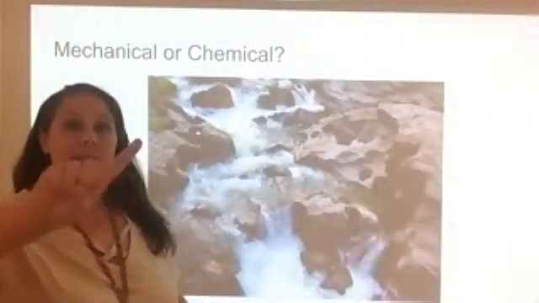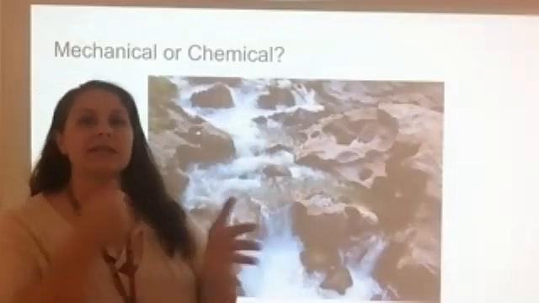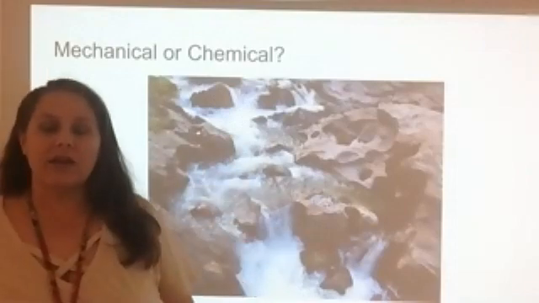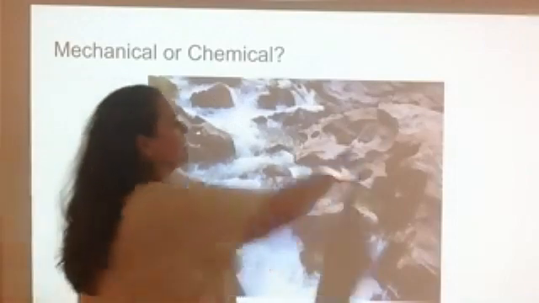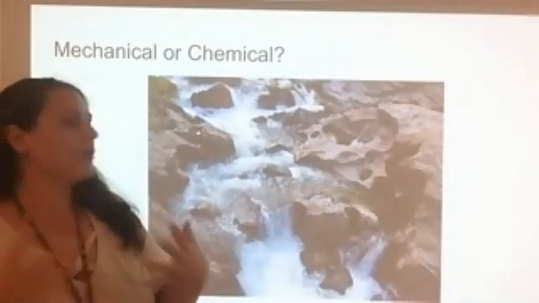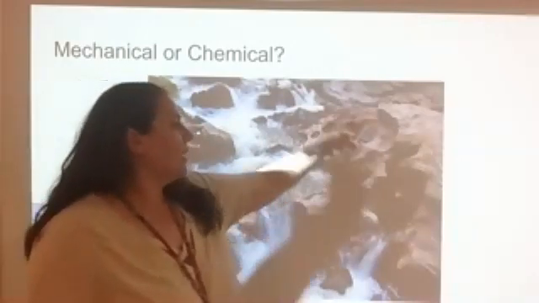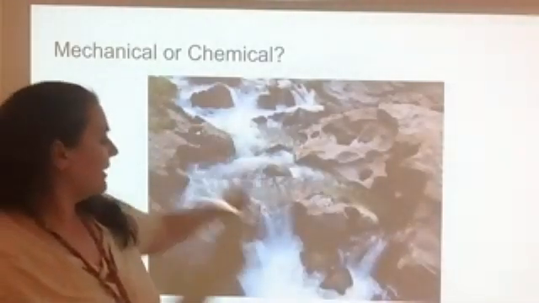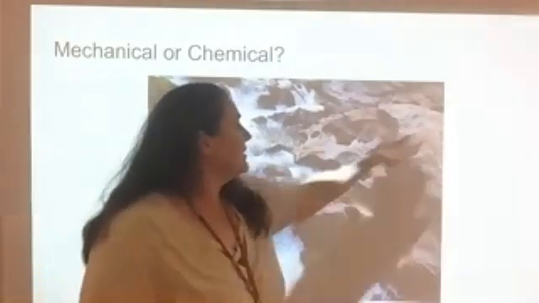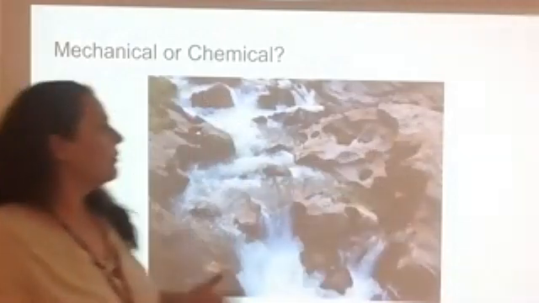All right, so let's talk about mechanical first. We have the rushing water, right? The rushing water bringing sediments, impacting the rock. It's hitting up against all these rocks, and it's wearing them down. Now the chemical weathering comes in, you see our little pools, or holes that look like where pools of water were, and water that pools there dissolves it, right? So we've got chemical weathering going on. We've got mechanical weathering going on from the rushing water. It looks like you do have some instances of rust as well with the coloration there. So that would also be chemical weathering.